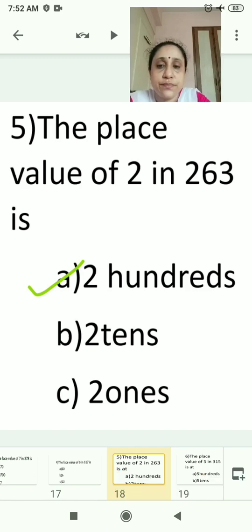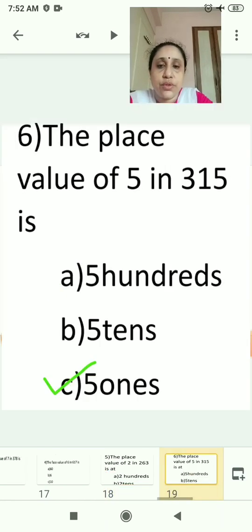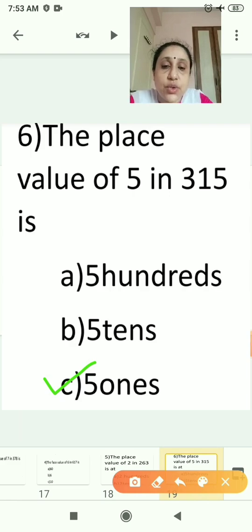Okay. Now the 6th question. Again see here, the place value of 5 in 315 is at, yes, you all try, 315. 5 is in which place? 5 ones.